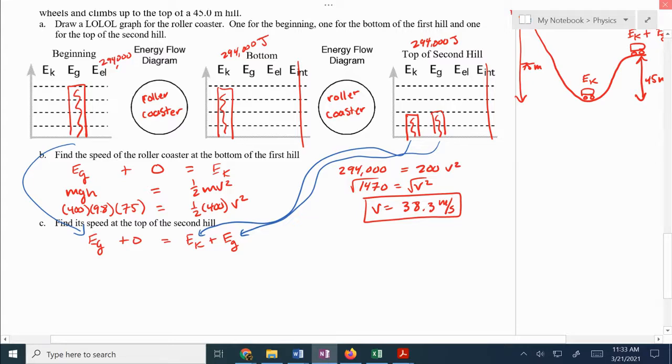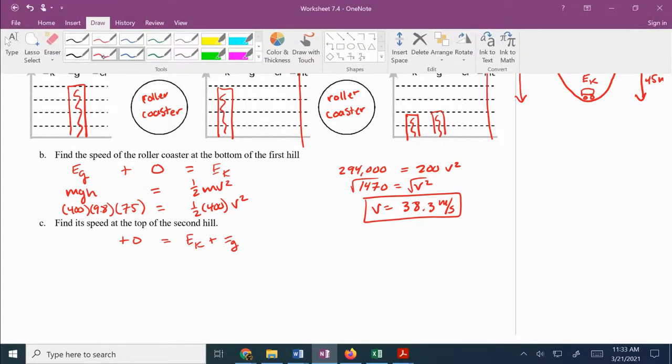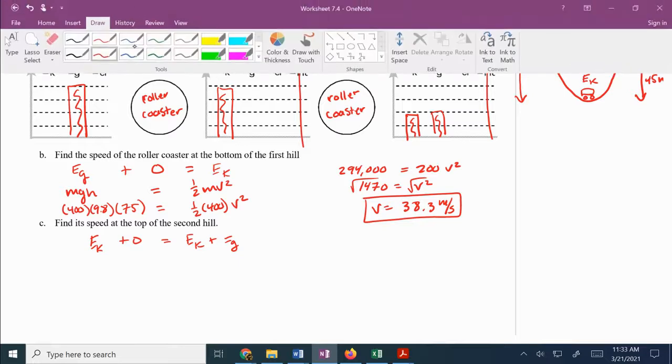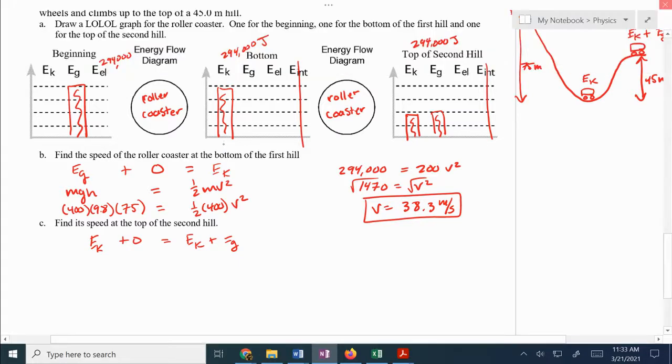So I could set it up that way if I wanted to, and that would work. I could also set it up where instead of the EG, I could write EK, and that EK would be the kinetic energy from there. It doesn't really matter how I do it because, no matter what, I don't even have to recalculate it. I know that it's